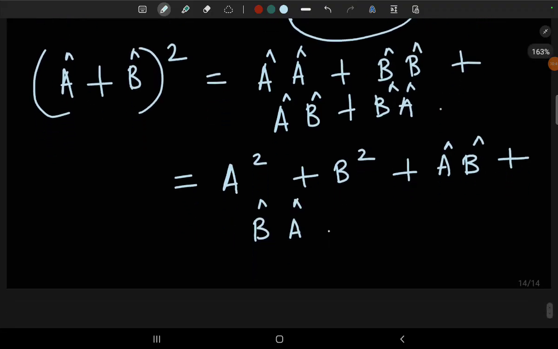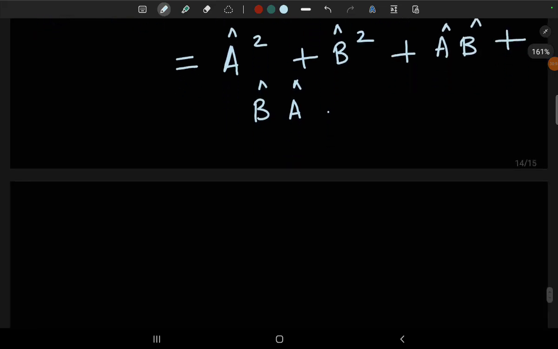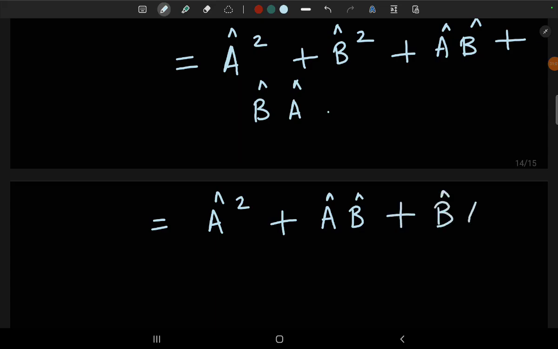So this has to be left as it is, and we cannot unfortunately write this as 2AB or 2BA or something like that. That can only be written if the two operators A and B